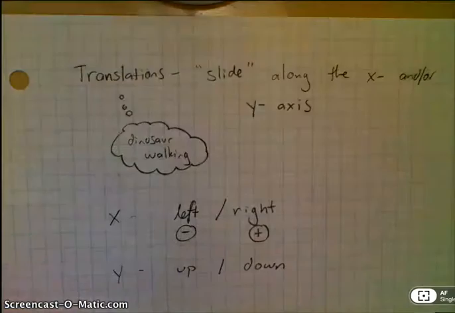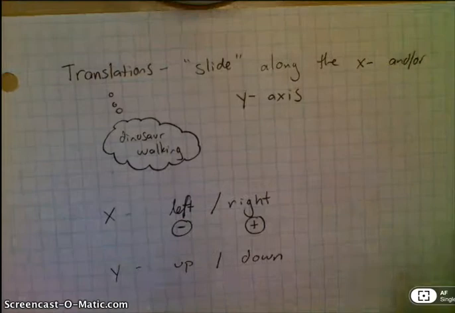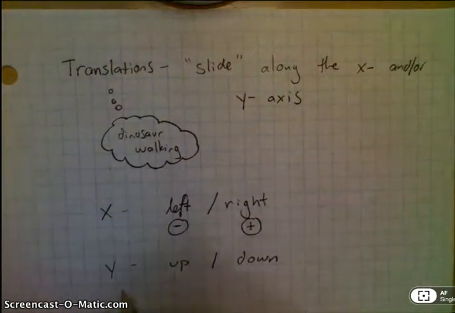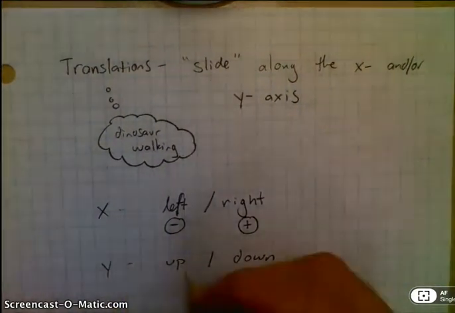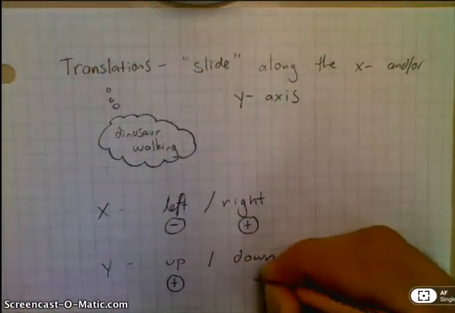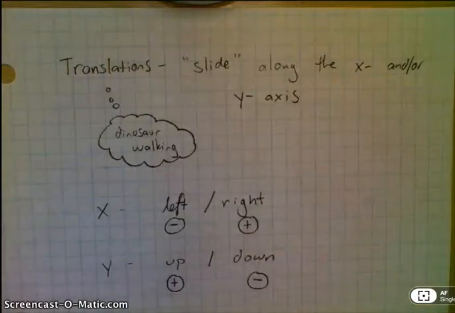And y, as we should know, is up or down. Sorry about that, I got interrupted for a moment. But y is up and down, and for y, up is positive, down is negative. All right? So, for example,